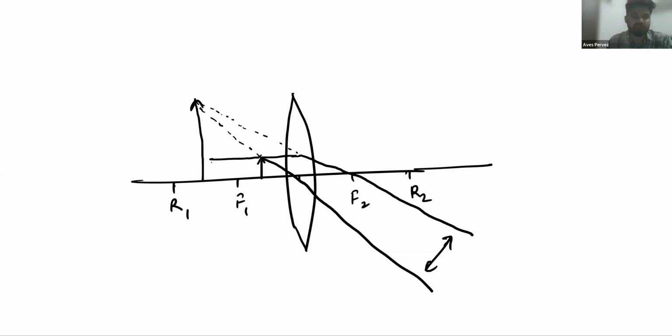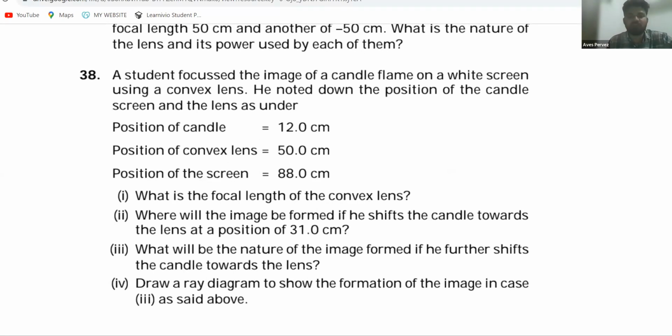Okay, I'm moving to the next point. Now draw the ray diagram to show the formation of image in the case above said. We have done this one also. These are very simple questions. But dear students, you need to keep in mind that you need to use proper sign convention for solving this numerical, and you need to have basic knowledge of image formation. You must know the answer before solving the question, what your approximate value should be. The object is placed between R and F, and it is given 20. Let's suppose the object distance is given 20 and the object is